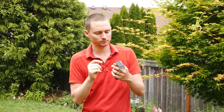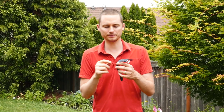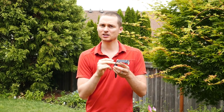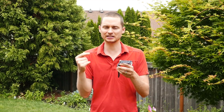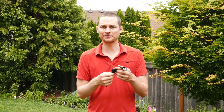Now, does the optical sensor work well? It works well enough. That's my point. If you're worried about it being accurate, it's close enough to do what you need to do. If you need to be closer than the accuracy of this, you're probably an elite runner, and you should be contacting coaches that have access to labs and can give you more accurate testing, lactate threshold testing, VO2 max testing on an actual treadmill with a mask on, things like that. This is going to be pretty close, just like the Garmin 620 is pretty close with your VO2 max estimate,